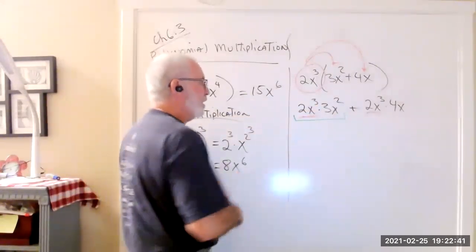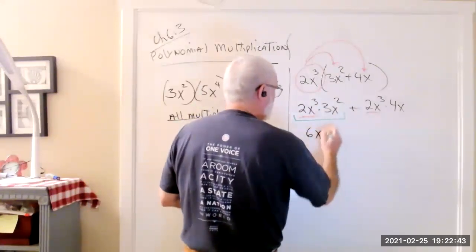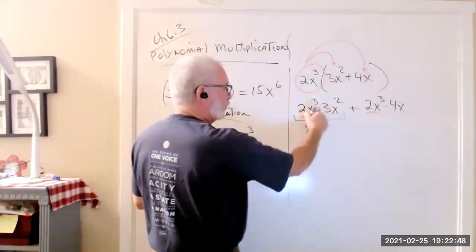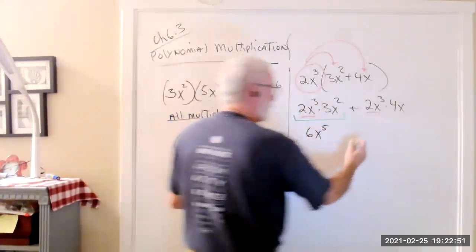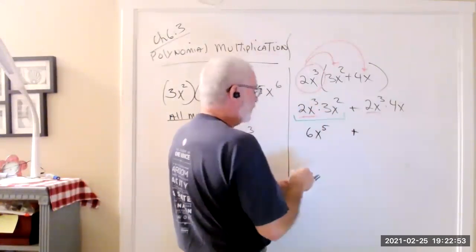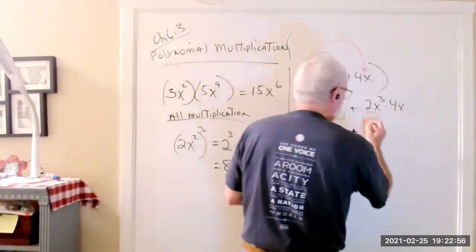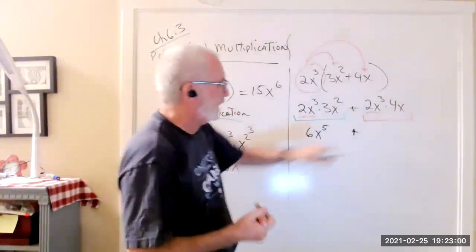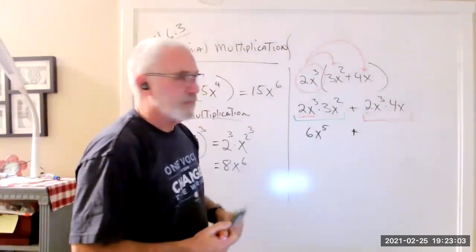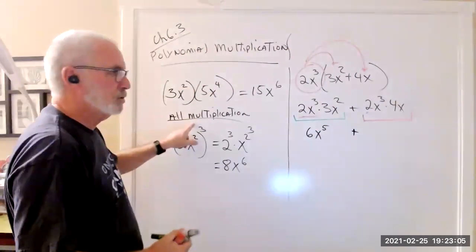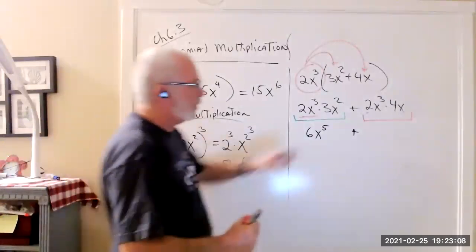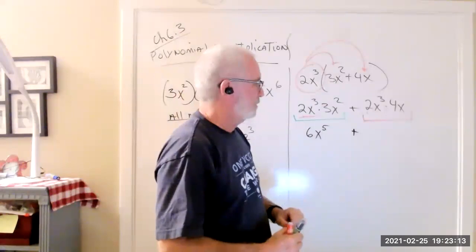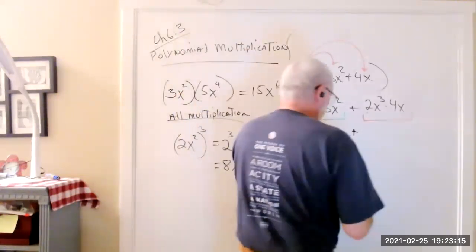And that part will become 6x to the 5. Remember, keep the base, add the powers. 3 plus 2 was 5. Plus, look at this part of the problem. Again, focus in on just that part that I've underlined or bracketed in red. That's all multiplication. And so for that part of the problem, I can use my rules of exponents. So if I do, that gives me 8x